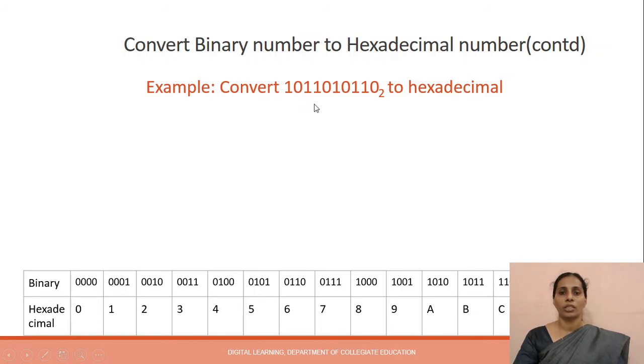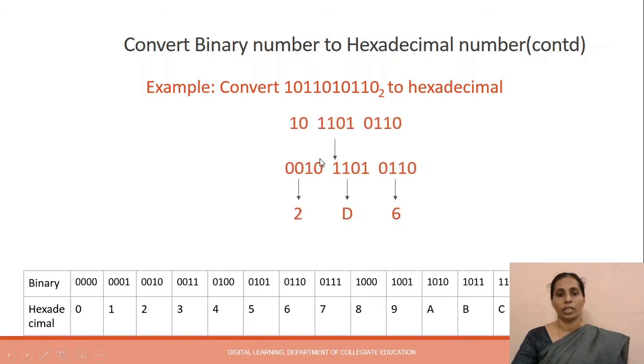We need to convert the given binary number to hexadecimal number. So start from the rightmost end, which is the least significant bit. Make groups of 4 bits. This is one 4-bit group, and the next 4-bit group is this one, and the last group is having only 2 bits. So we will be writing 2 more zeros in the beginning for making this a 4-bit group. So here we have written 2 additional zeros in the beginning of the number.